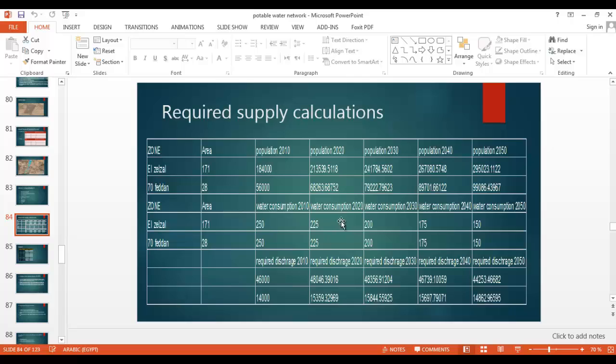Why? As by the time the efficiency of the network changes and decreases due to the corrosion of the system and aging of